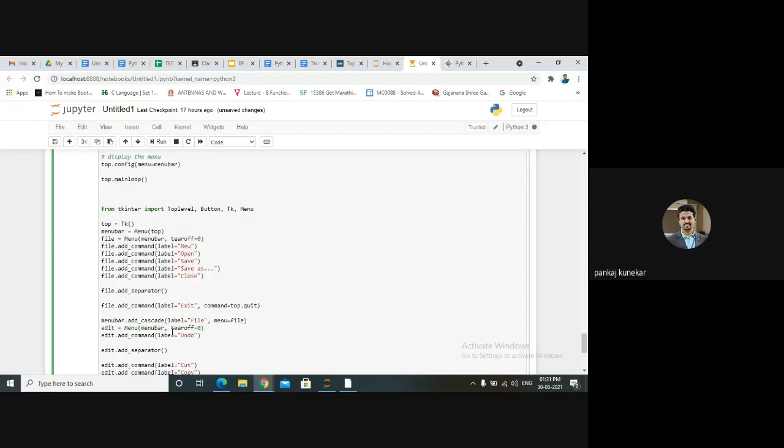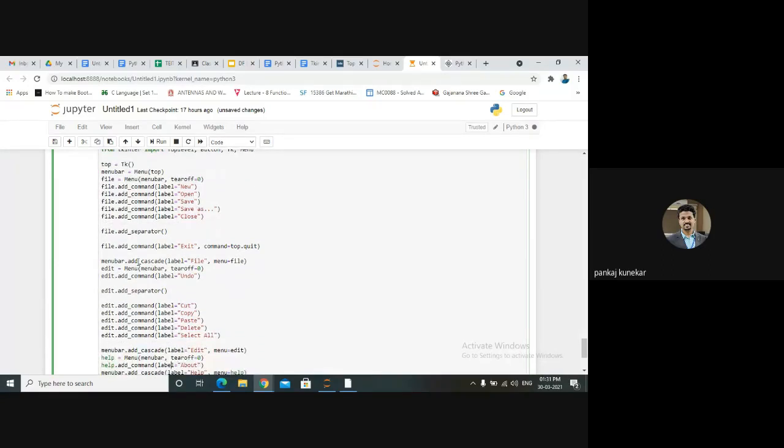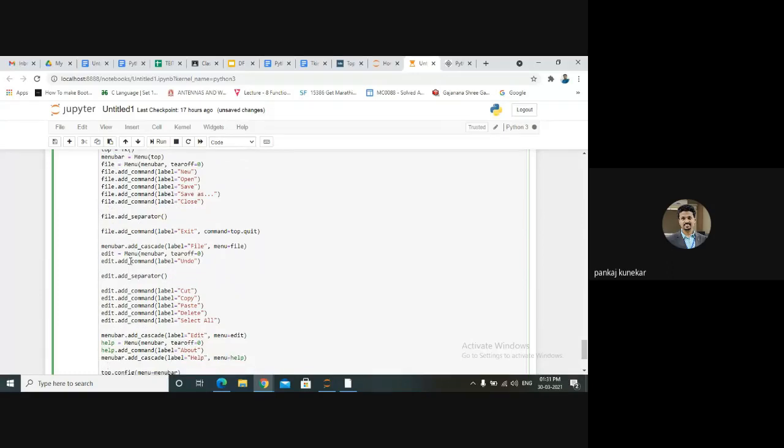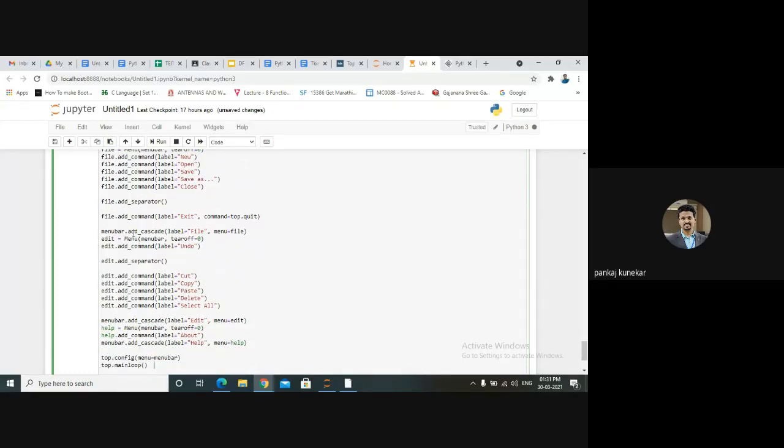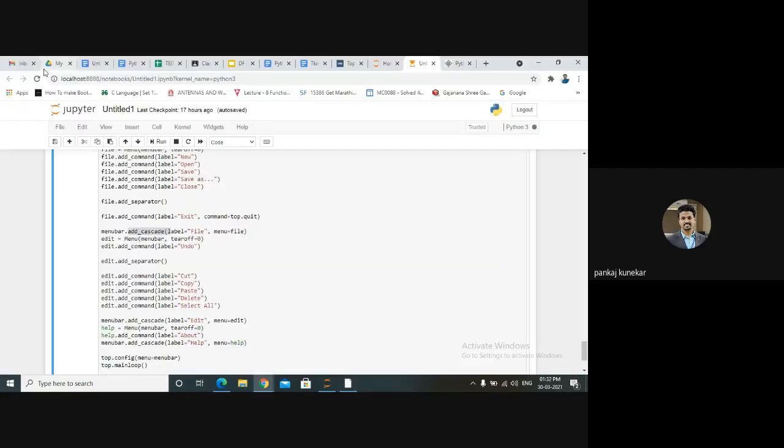Second one is this File. So there are many options and functions available, but this is just a basic one. So add underscore cascade function will put File, Edit and Help. It's a top level menu, and then inside that menu we need to add different commands.